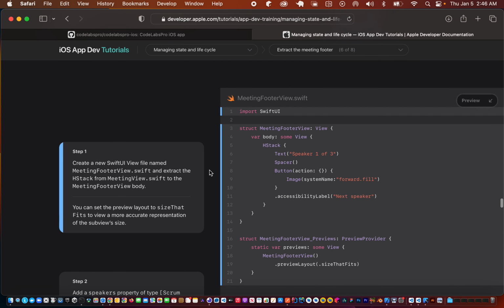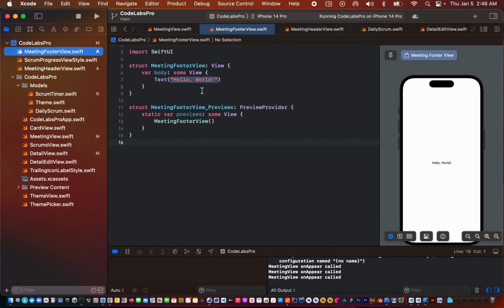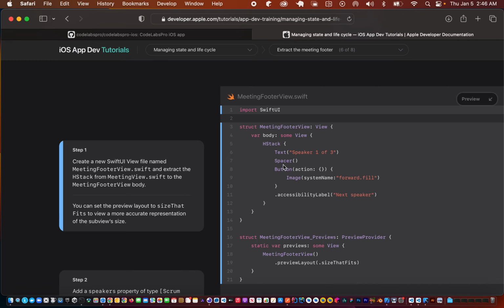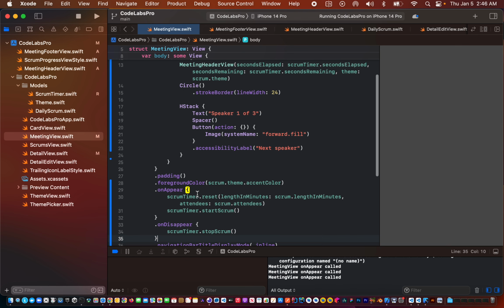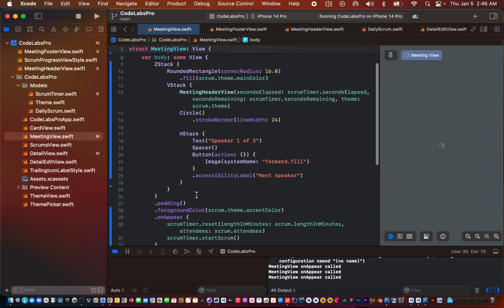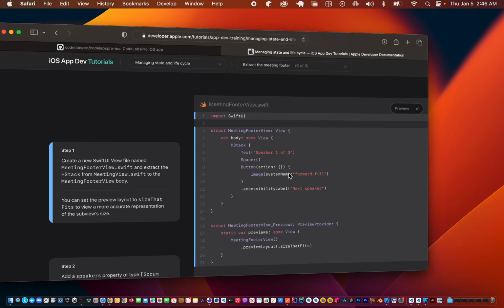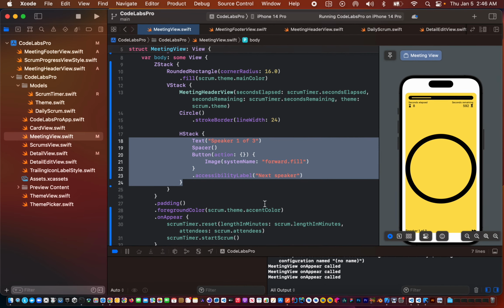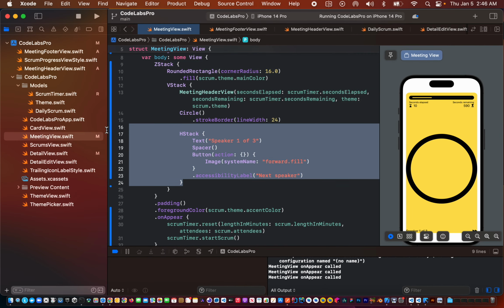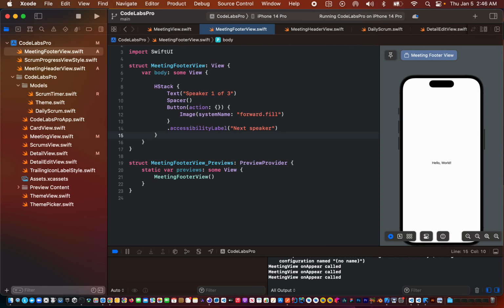So let's see how we can do that. Let's go ahead and look at the H stack contents of the meeting view, which is this part, and this part can get extracted into the meeting footer view. So in our meeting footer view is where we're going to extract that,